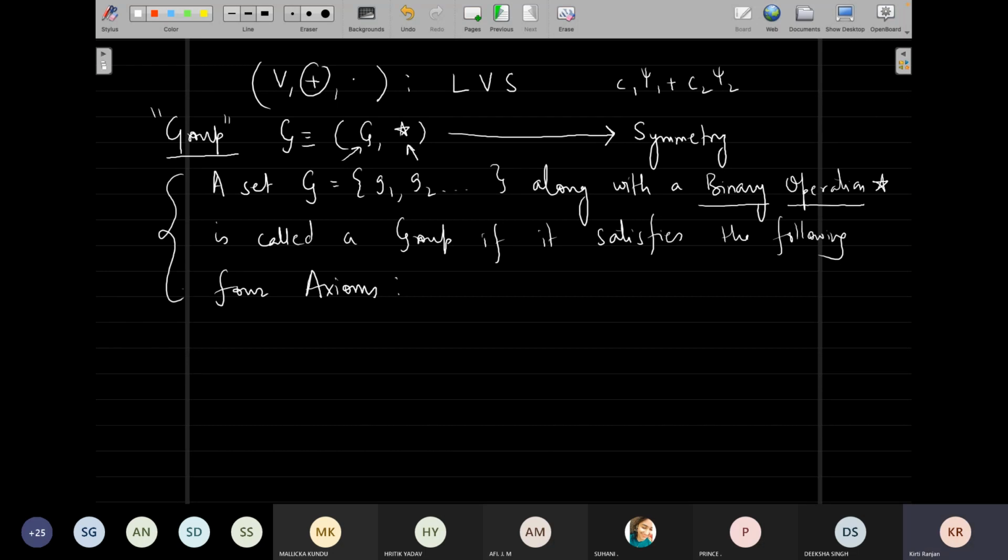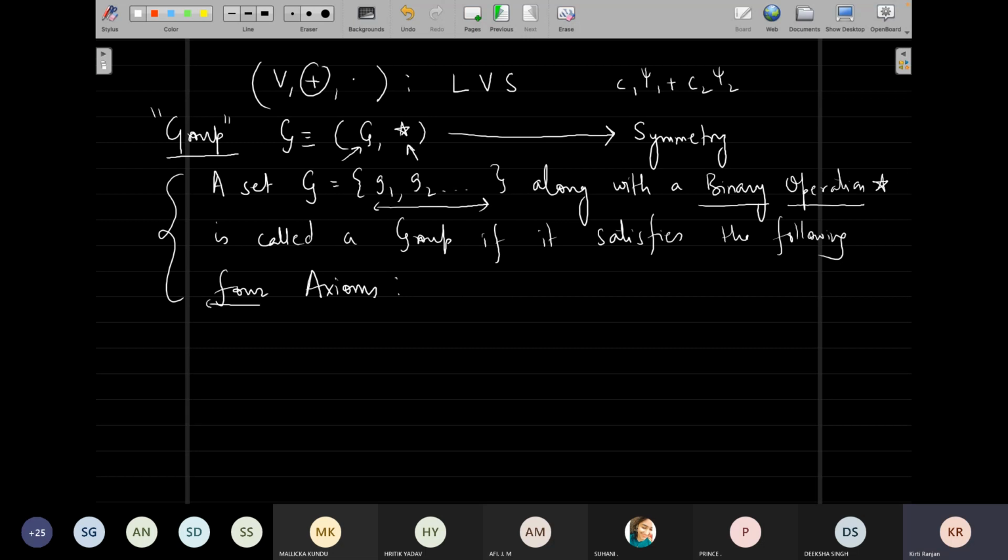So it is something very similar to what we did in our linear vector space, that we defined linear vector space to be a set of vectors along with 2 operations. One was the vector addition or some sort of binary operation between the vectors, and another was the scalar multiplication. Here we are talking about only the group of elements and a binary operation, if it satisfies the following 4